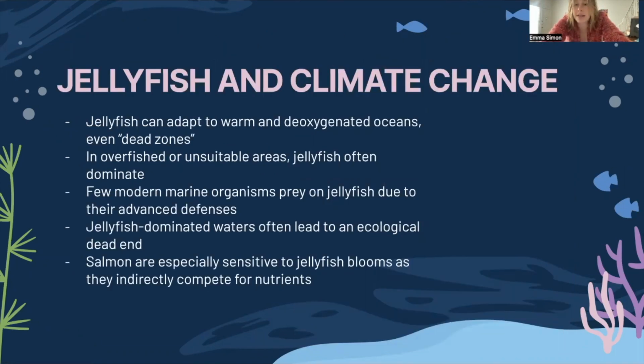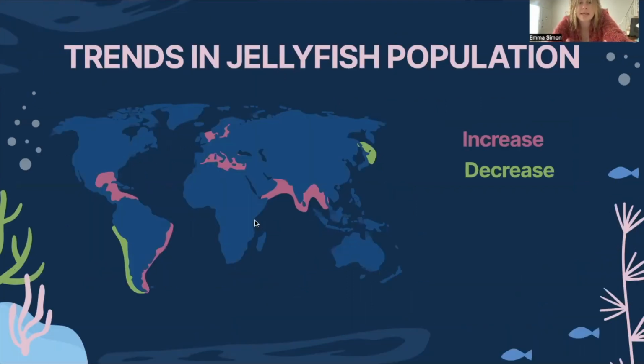So unlike most marine animals, jellyfish are actually quite well adapted to survive in both warm ocean waters and in deoxygenated or dead zones, both of which are going to become much more frequent and much more common as climate change continues to worsen. Once jellyfish take over a region, it is often very difficult for other fish to reestablish in that region. And the biggest takeaway from this is that for the most part, jellyfish are continuing to increase in population,